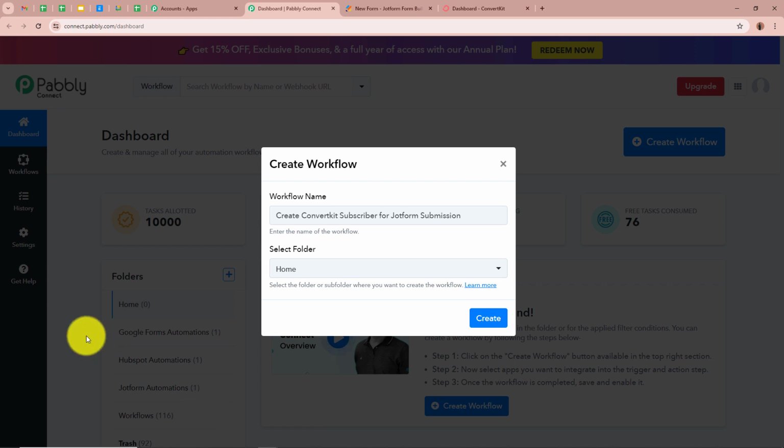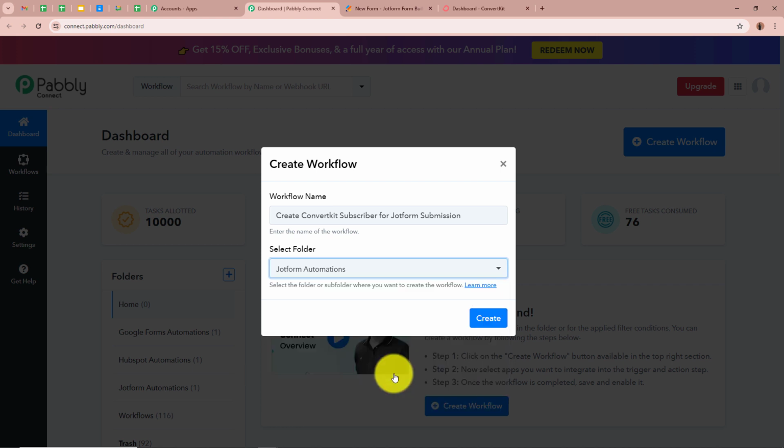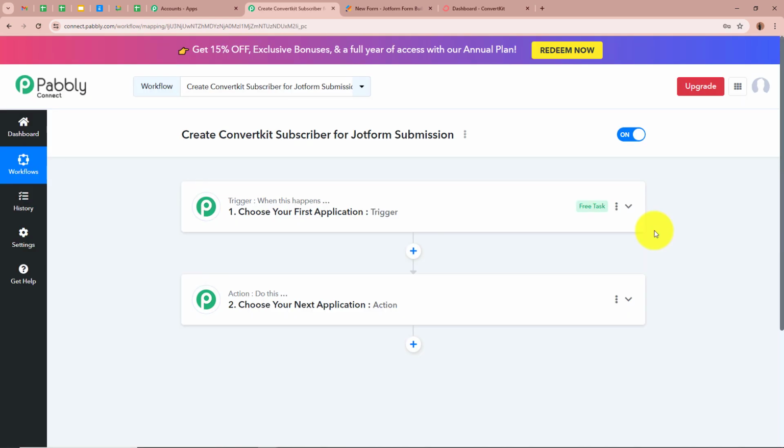And as I've created multiple folders, from this drop down, I'm going to select the folder. These are the folders that I've created in my Pabbly Connect account, from which I'm going to select Jotform Automations as the folder I want to save this workflow in. After naming our workflow and selecting the folder, we're going to click on Create in order to create a workflow. A workflow is created in the name of Create Convertkit Subscriber for Jotform Submission, and